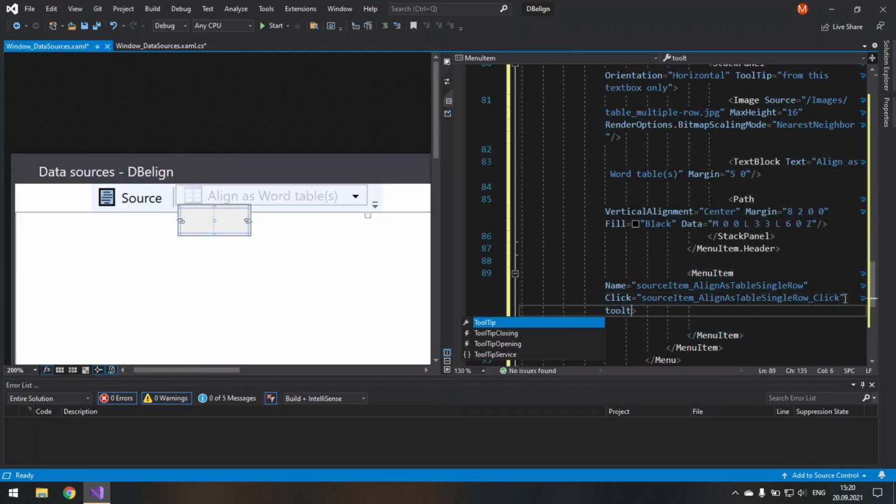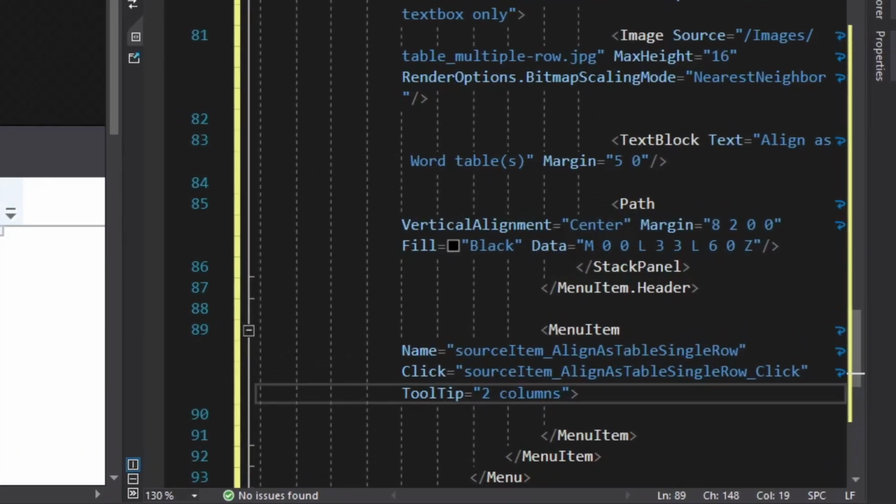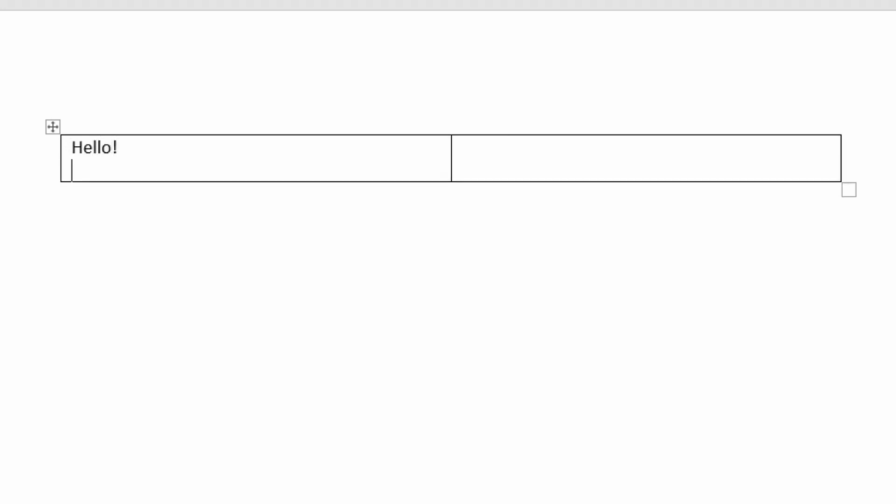Its tooltip is going to be, we will use text block to describe that it is for 1 row only, but users should not be confused because we will use 2 columns, one for the source and one for the target. Let's type 2 columns. And just to explain what kind of document that would be, let me just open Word and explain to you. So we will have a table with 1 row but 2 columns. And here we will type our text. So for example, hello, my name is Quasimodo. And here will be the target text. For example, hello, my name is Quasimodo.